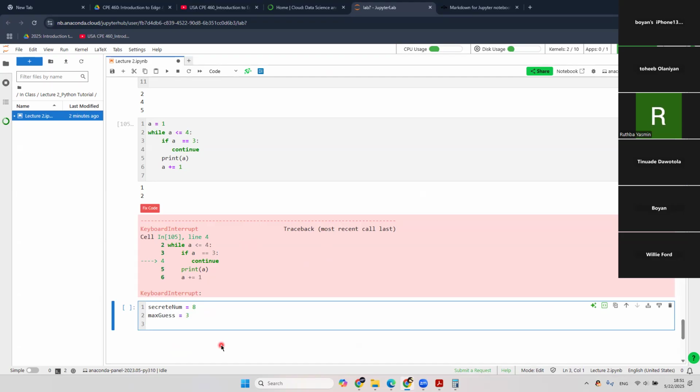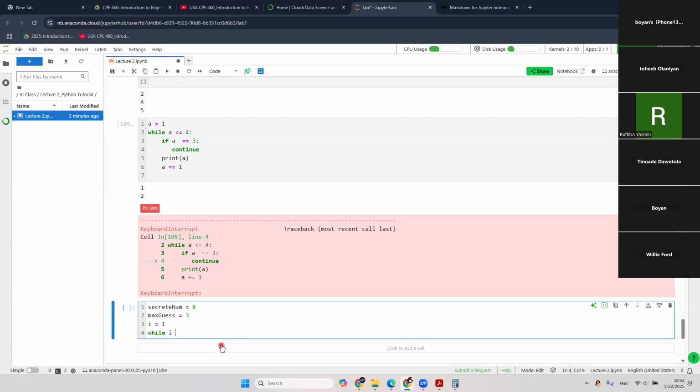Now I will write a loop, which is a while loop. But what is the logical statement in this while loop? You can see the key is I want to see how many times the user has guessed. So in the beginning here, I can write i equal to 1 to indicate this is the first attempt, the number of attempts. This is the first attempt that the user is gonna guess. So while i is less than or equal to the maximum guess number, what I'm gonna do is say